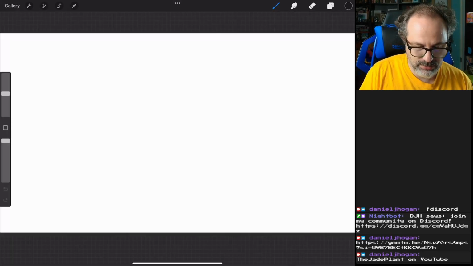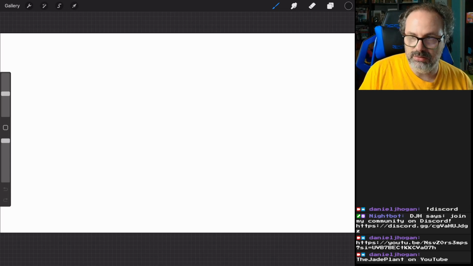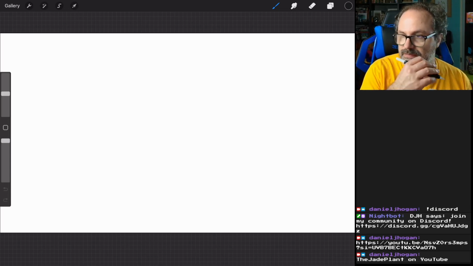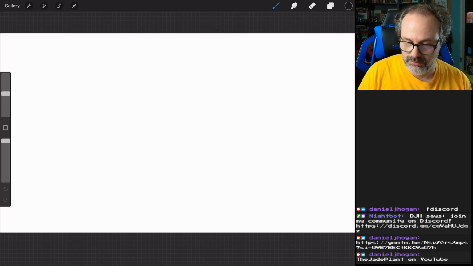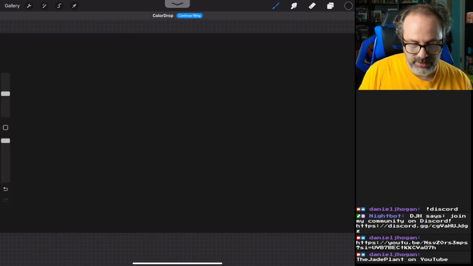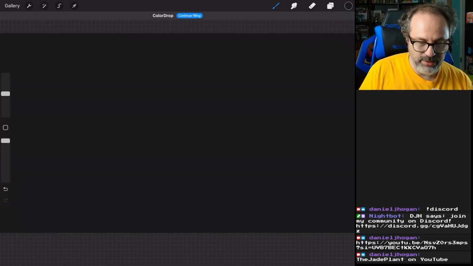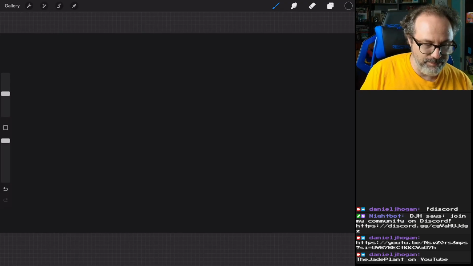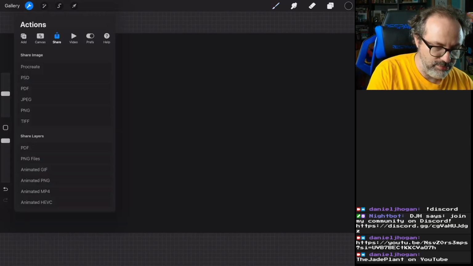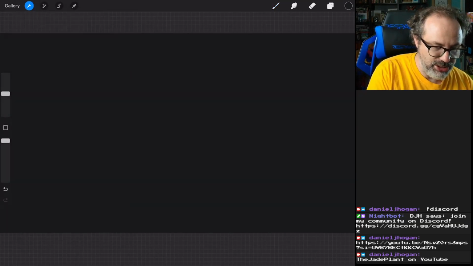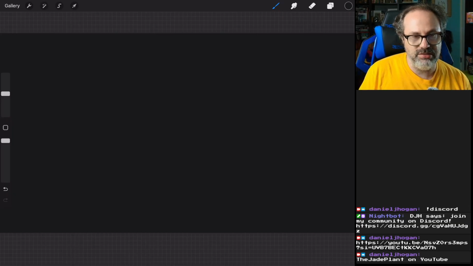Create, okay. Then the key thing here is, you drag the black to the thing here, and then I'm not going to do this because I've already done it, but you would save it as a PNG, because the trick is this thing is the ratio for your screen if you're doing